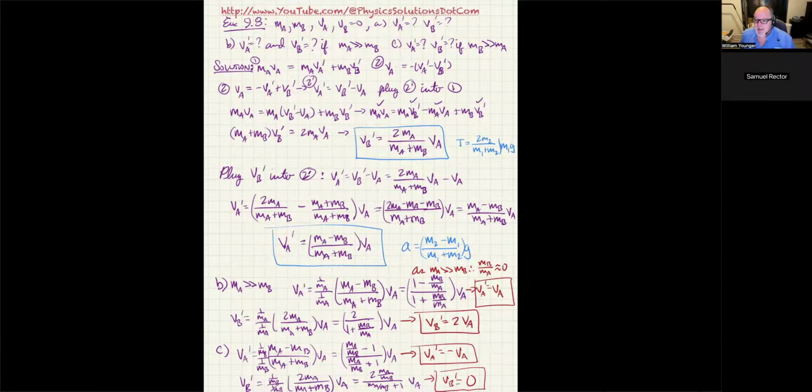So the massive Mack truck that's sitting perfectly still, when the Prius runs into it at 60 miles per hour, if the Prius was really a hard ball instead of a Prius that's going to crumple, and the crumpling's part of the point, the crumpling saves the person because it allows the acceleration to take place over a larger distance, and therefore it's not as jolting of a force. But the Prius is going to bounce off at 60 miles per hour going backwards, but the Mack truck is not going to move at all. It's going to have a velocity of 0 after the collision. Any questions on that?